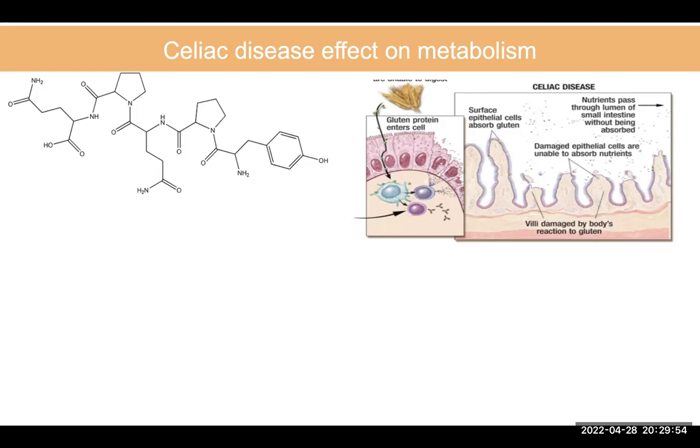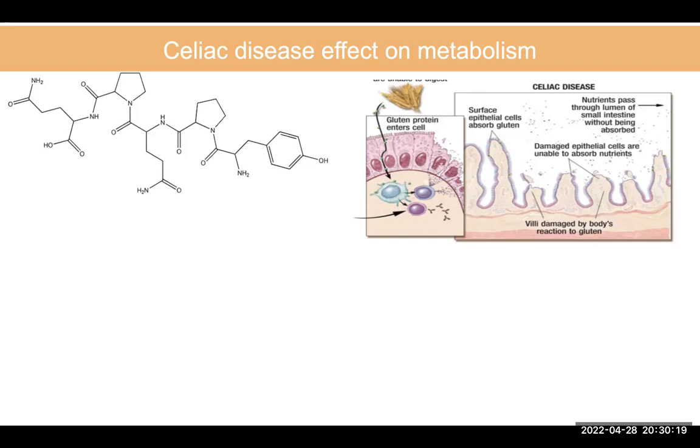When an individual is healthy, the intestinal flora located within the body protect the intestinal barrier, promote metabolism, and the absorption of nutrients. However, seen in the picture above, with a damaged intestinal system from celiac disease and gluten consumption, nutrients are not absorbed as they should be, and they are simply passing through the intestine. As you can see in the top right corner, the nutrients are just passing through, and the gluten is entering